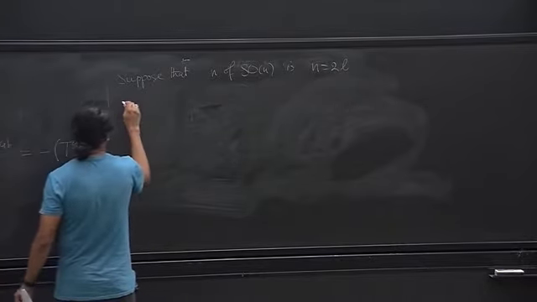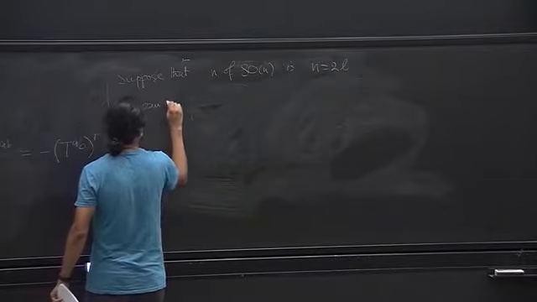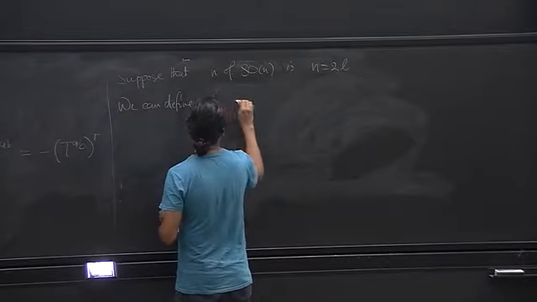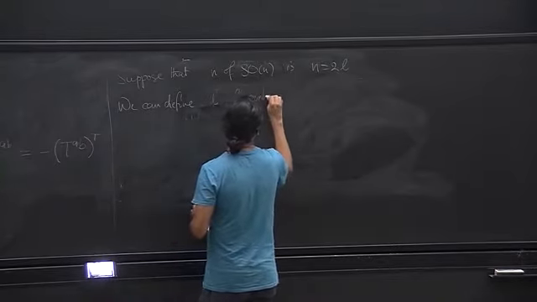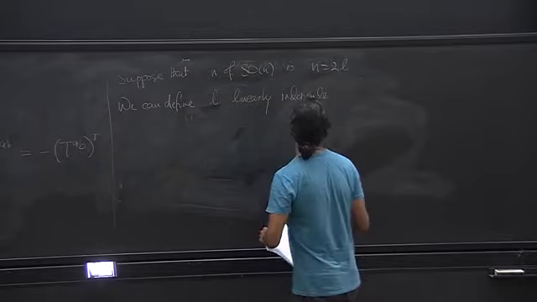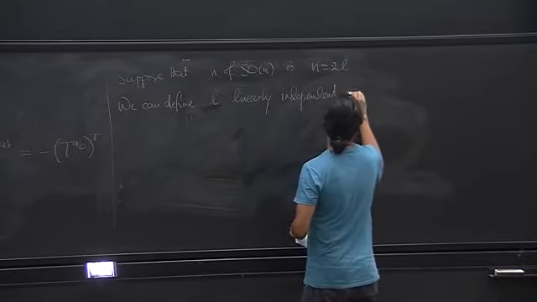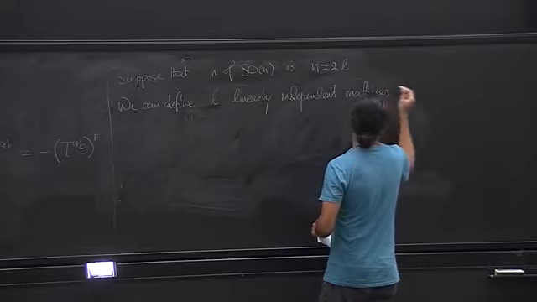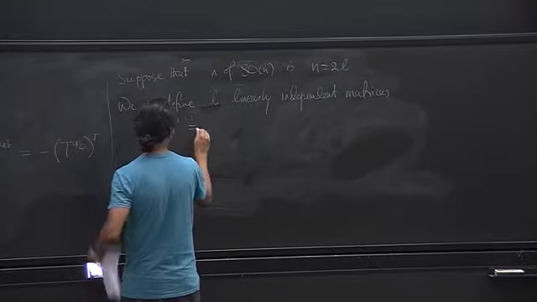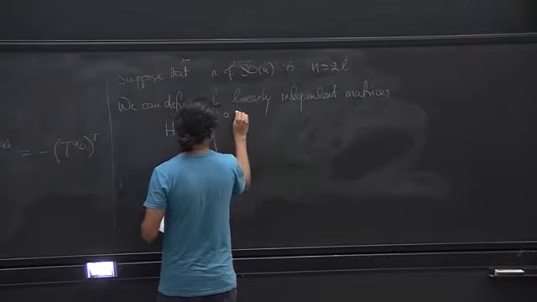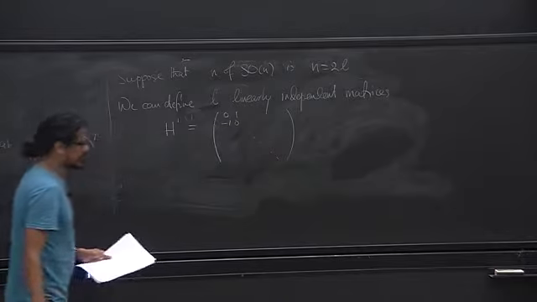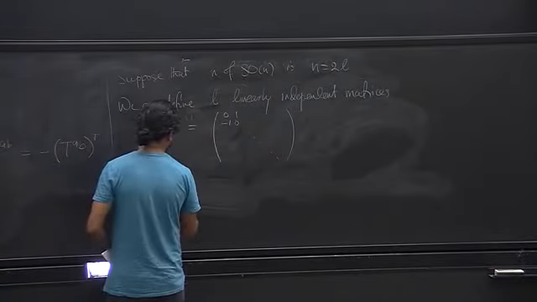Then we can define L linearly independent matrices or generators which are of the form H1, where only the first 2 by 2 block is nonzero and everything else is 0. And H2,